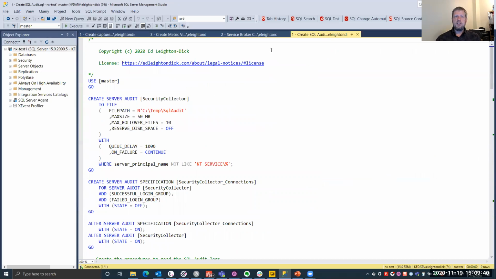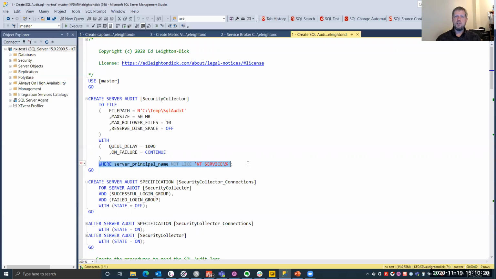And then the final piece here is SQL audit. So this walks you through the process of creating a SQL audit as well. There's a couple of different pieces. One is creating the audit itself. The audit itself defines the storage for everything that comes out of the audit. So in this case, I'm going to throw it to this file. I'm going to define some rollover files. I'm going to give it my failure action, and I've given it a very brief